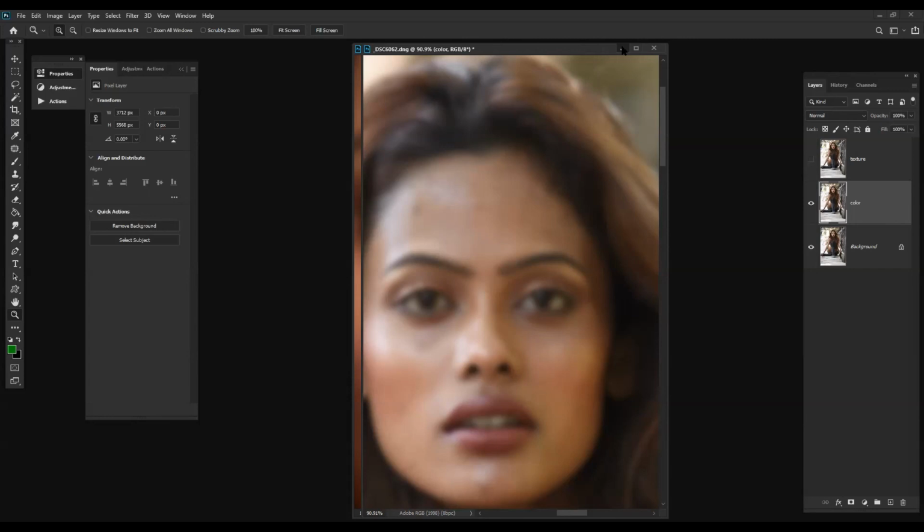We have to re-Gaussian blur it. Suppose I have used 10, I do 20, double the size. You can see the difference. The texture is there, but the color is blended.